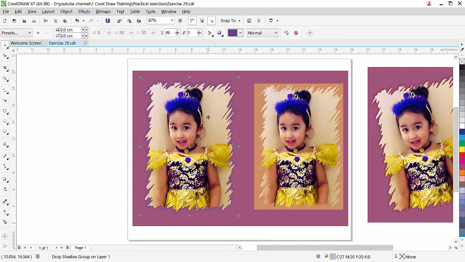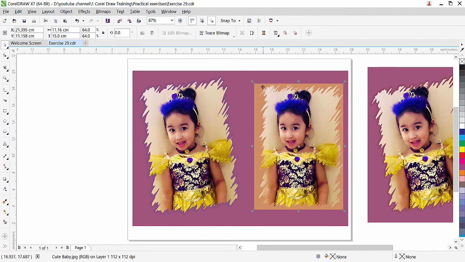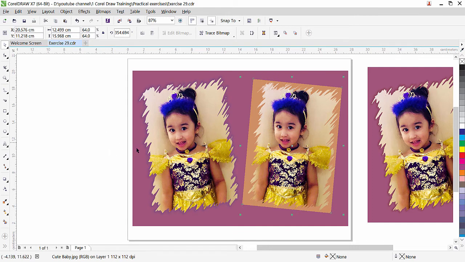Now if you want to make it a little bit more interesting, you can click it and rotate the image this way. That's all. And this way, if you clip the picture inside, it is very useful because you can use a different background and the effect will appear directly on the background. And if you want to make a photo album with this nice effect, I think this is a good idea. So that was a quick tip. I hope you enjoy this lesson.